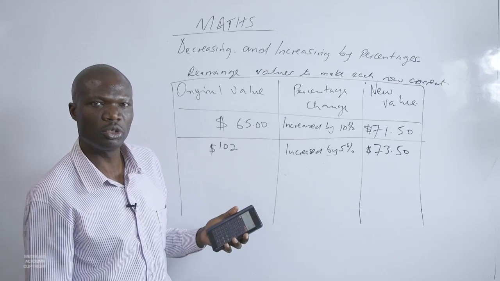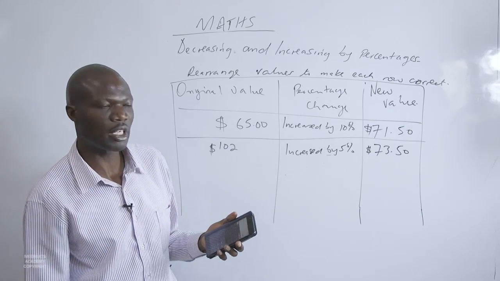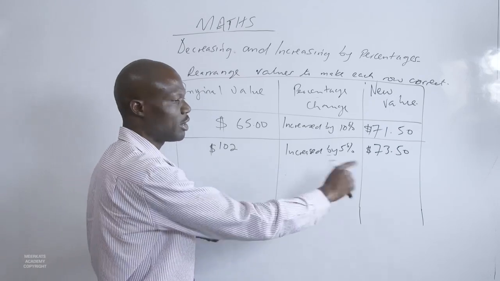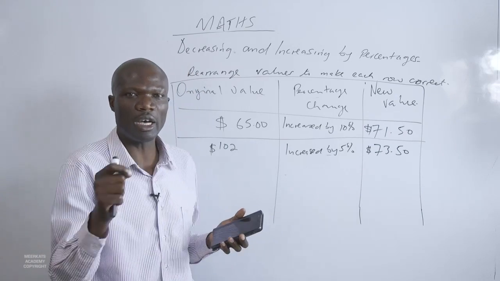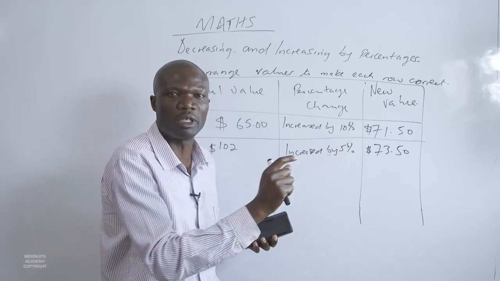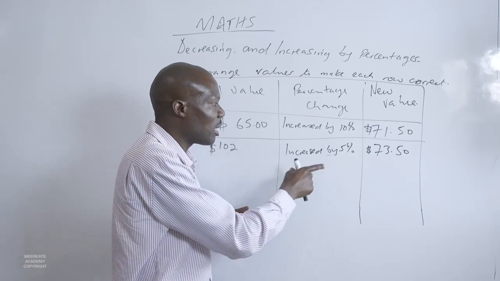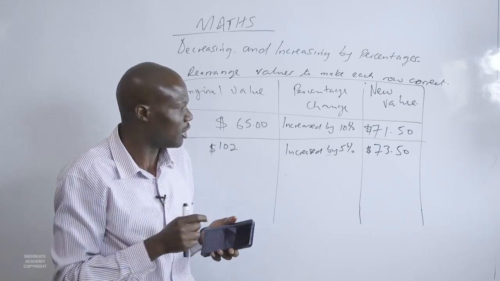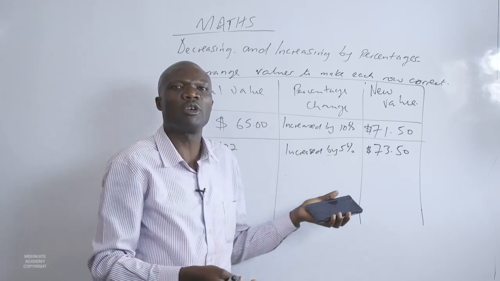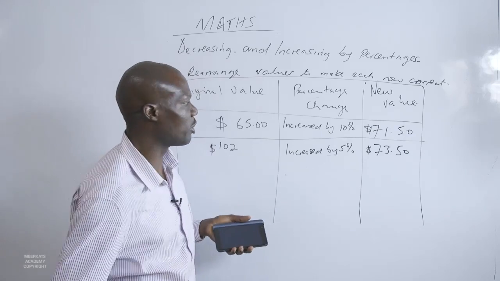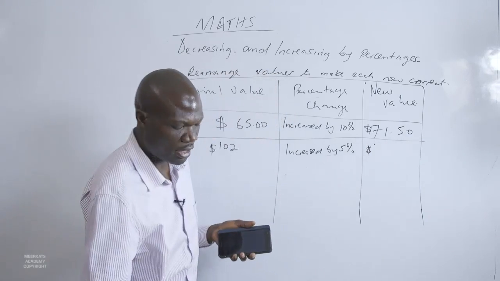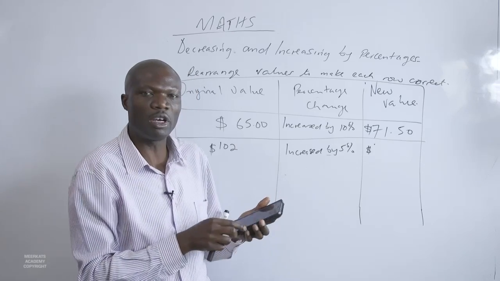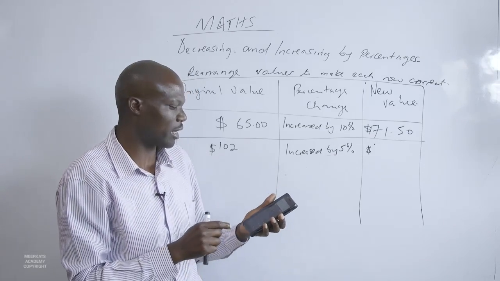And for this 102, we are asking ourselves, what are we supposed to get when we reduce it, not increase it this time? This statement is not correct. That's what it's trying to tell us. It is for us to make sure that this is a true statement. For us to make a true statement, look at the dollars you have and the instruction given here. Are we increasing or reducing? In this case, we are increasing. If we are increasing, we cannot come below. We should go up. So we cannot have this 73, but instead we shall have the 5% plus 100%, which was 102. So the new value, when you add together, will be